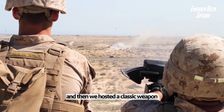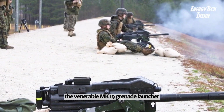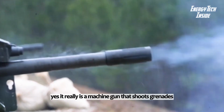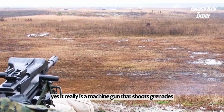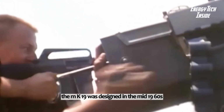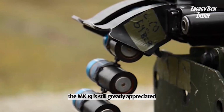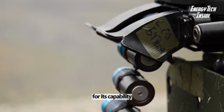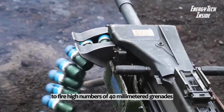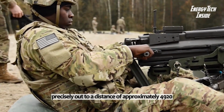And then we have a classic weapon, the venerable Mk-19 grenade launcher. Yes, it really is a machine gun that shoots grenades. The Mk-19 was designed in the mid-1960s and was extensively used during the late stages of the Vietnam War. The Mk19 is still greatly appreciated for its capability to fire high numbers of 40mm grenades precisely out to a distance of approximately